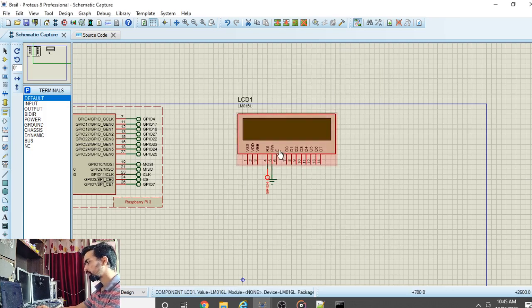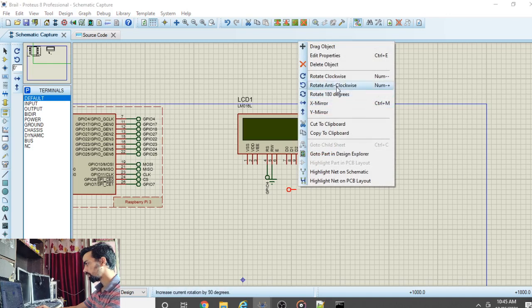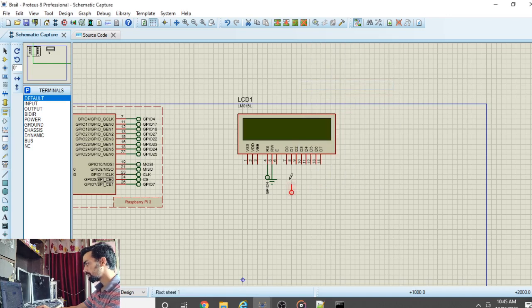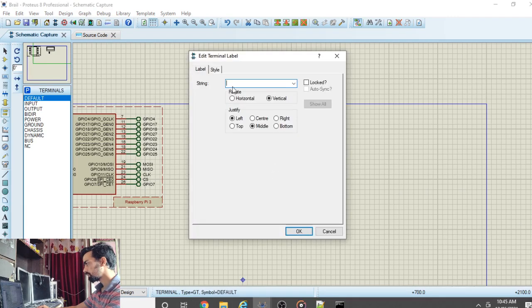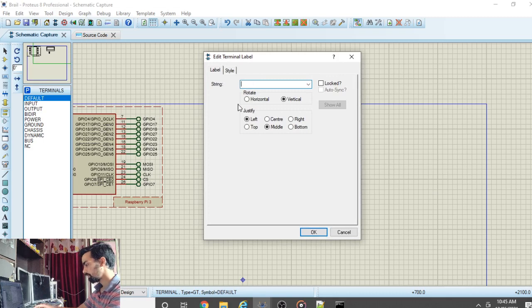Then next, connect the enable pin to GPIO17. Again go to terminal mode, then Default, right click on this pin, rotate anti-clockwise, place it in front of the enable pin, connect it, and double click on this pin and give it the name GPIO17.